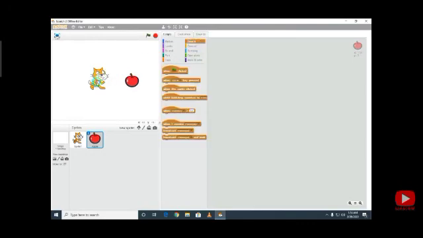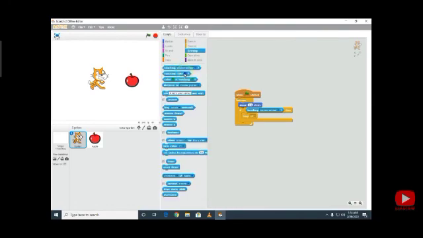Suppose I have given the color, all options are there. So whenever this sprite will sense this red color, it will stop my code. It will stop my program till the time it will move. See, as it is touching the red color, it is stopping.